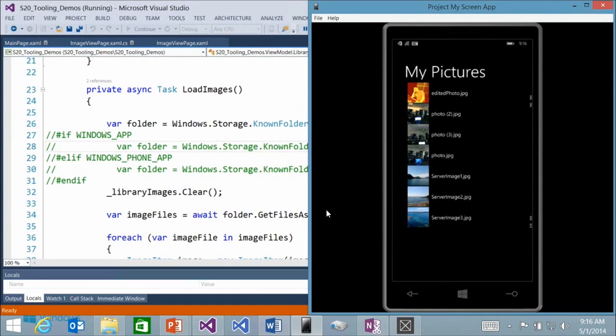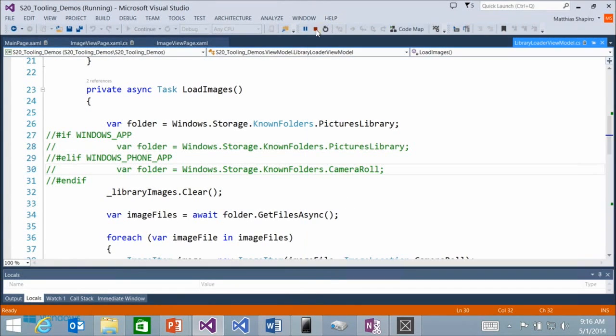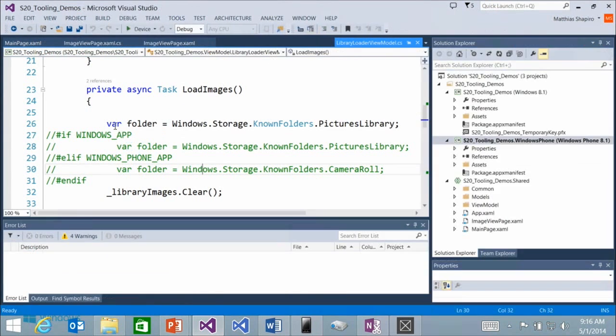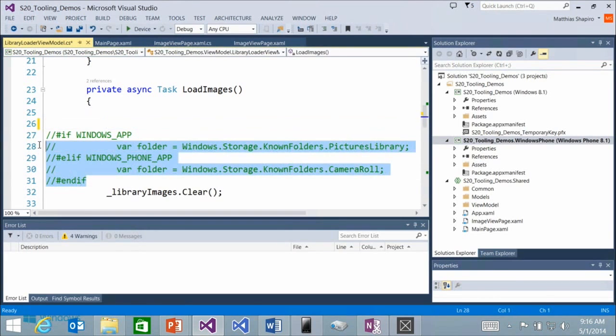And you see, I actually don't have a lot of pictures here. The reason I don't have a lot of pictures here is because I'm pulling from the pictures library. And on a phone, we don't store most of our photos in the pictures library. We actually store most of our photos in the camera roll. So this is a great opportunity for us to use a tooling feature known as